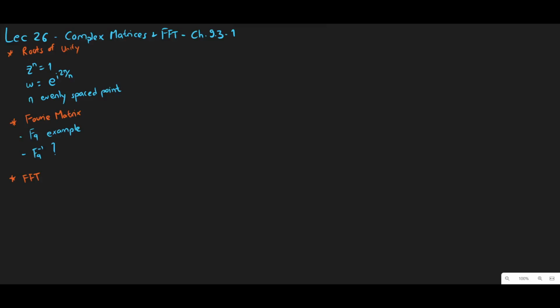This is a summary of lecture 26 of complex matrices and FFT. This is a summary of chapter 9.3 in the book about the Fourier matrix and FFT. Before that, there's an important concept called the roots of unity, which, I think,